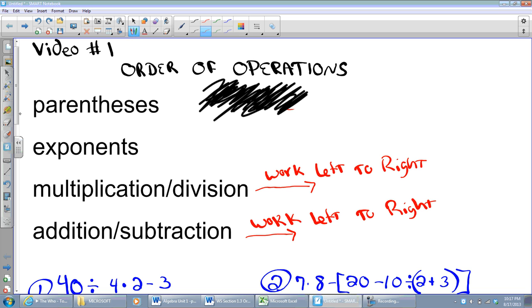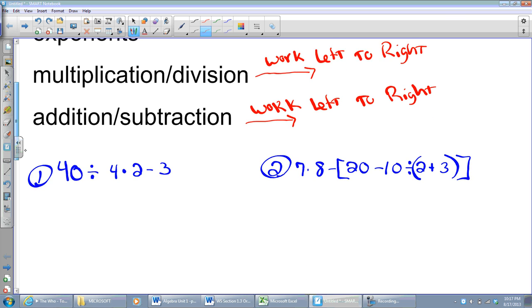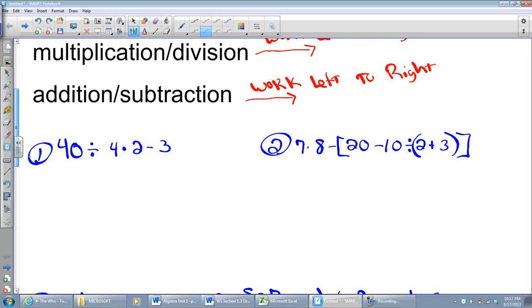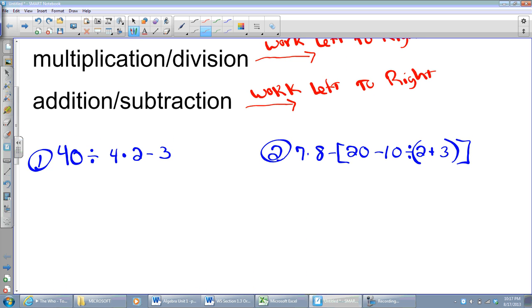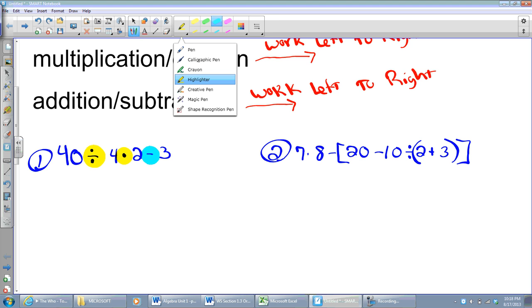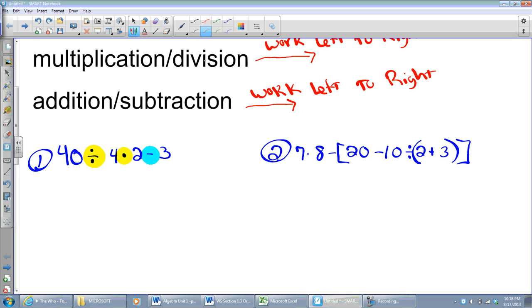Okay, so let's get down to the nitty-gritty. Here are the first two problems. They are order of operation problems. And I look at problem number one and I notice what types of operations are involved. Well, let's see here. I have some division going on, I have some multiplication going on, and I have some subtraction. Well, according to the order of operations, there are no parentheses, there are no exponents, and so I am